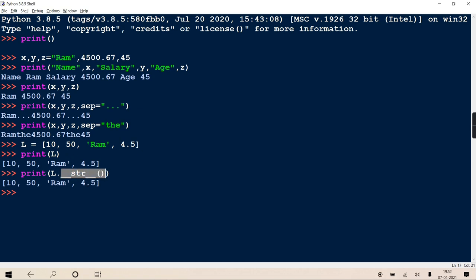And then this magic method returns the values of that L, and those values which that dunder method is returning, print is displaying on the monitor. Getting? So I hope it is clear to you that whenever you pass an object, actually that object calls this dunder method.